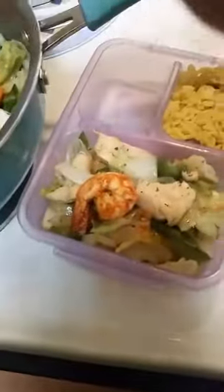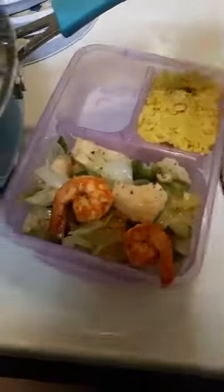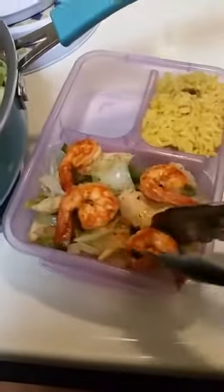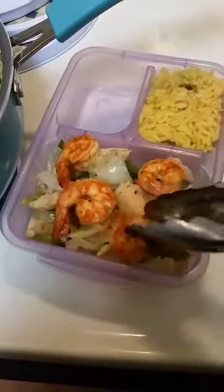My stir fry. Now I want to put my shrimp in here. So put some shrimp on top. This is our marinated shrimp. You can put as little or as much as you want. I'm going to put 4. I'm going to do 4. Put 4 over my thing. And then